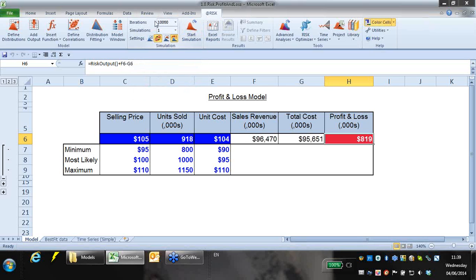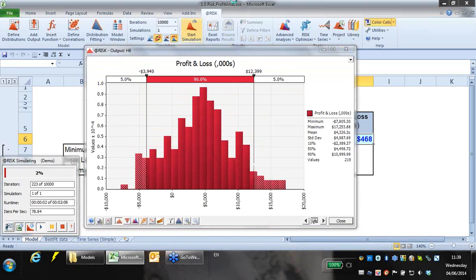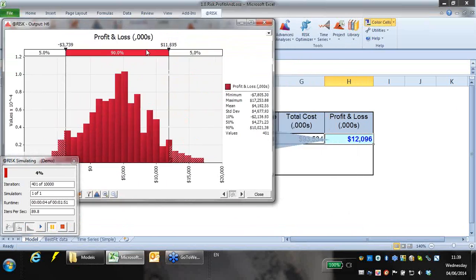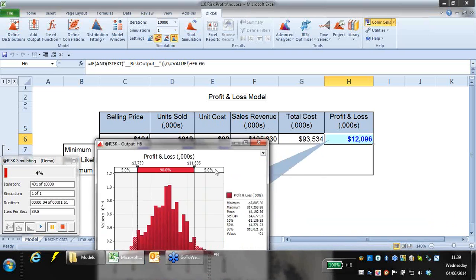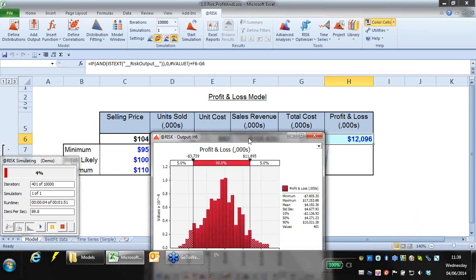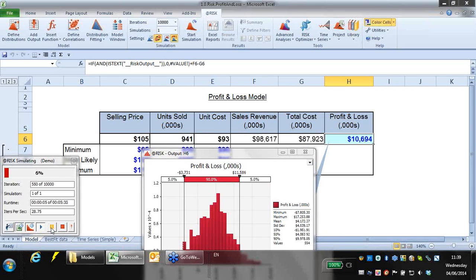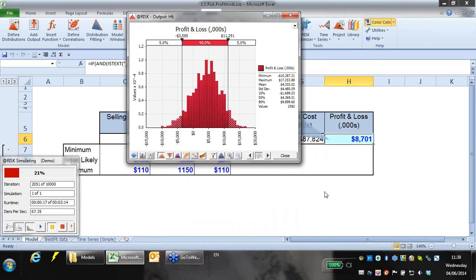So I'm going to ask @RISK to take 10,000 iterations over the course of a simulation. If I click Start Simulation, then you can see, actually if I pause that for a second and move it out of the way, let's make it a little bit smaller for now so you can see what's happening as it's going on. Whereabouts are we? Oops, making it too big, too small, losing control of the demo. Hereabouts. Okay, what you can see in the background is the simulation process. @RISK is taking those samples, putting them into Excel, and Excel is then recalculating over and over and over again. And what it's recalculating